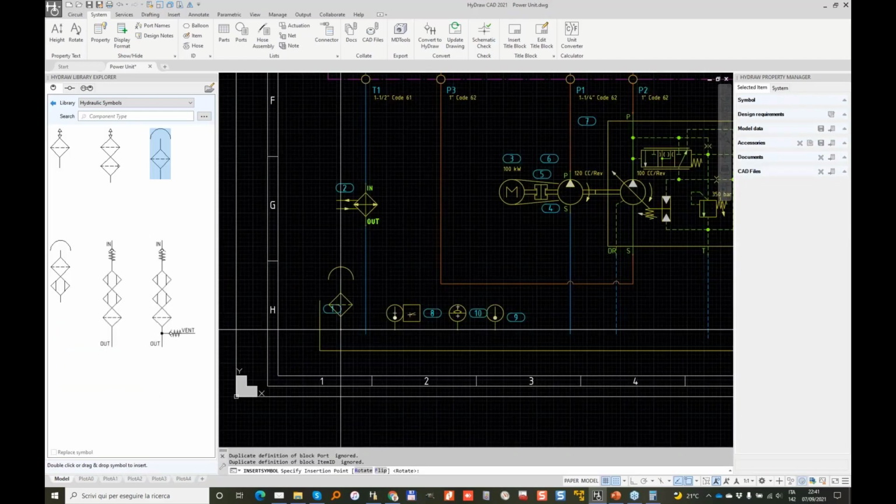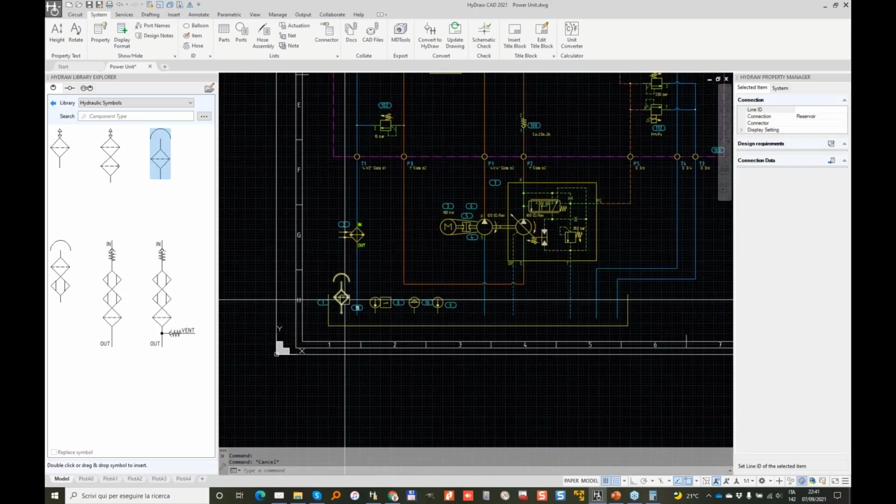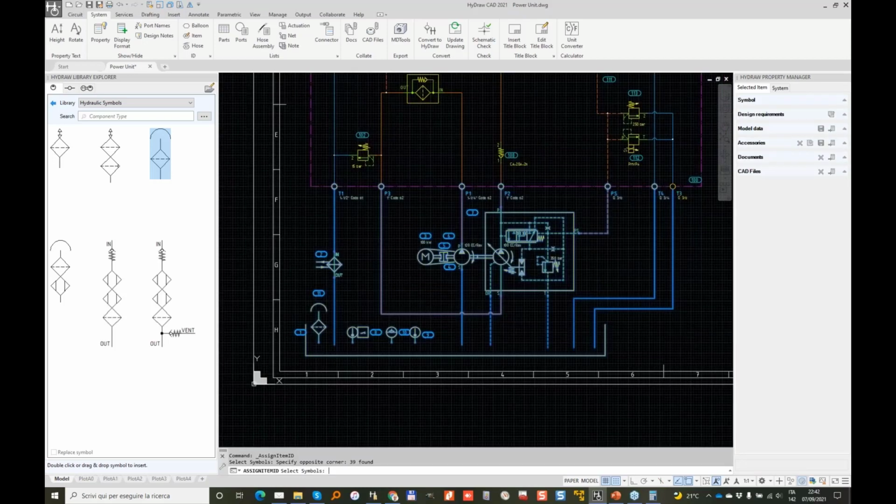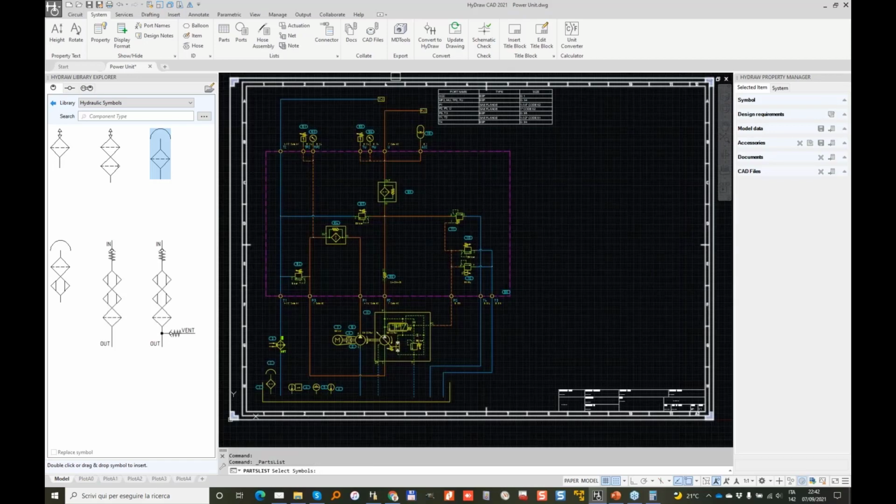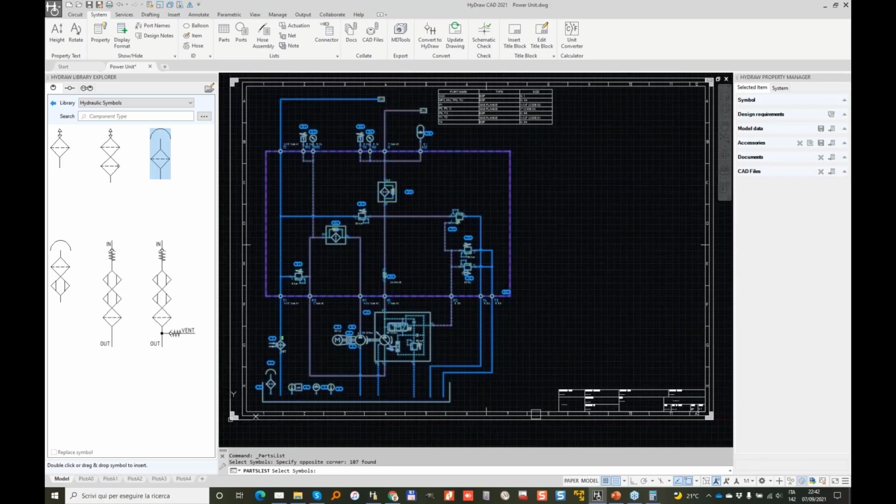So now I do again the same numbering only for the power unit. So I do again item, select, enter, starting from 1. So now I'm able to make my part list for the system. So the part list for the entire system,